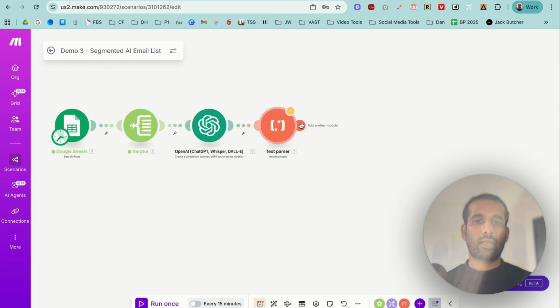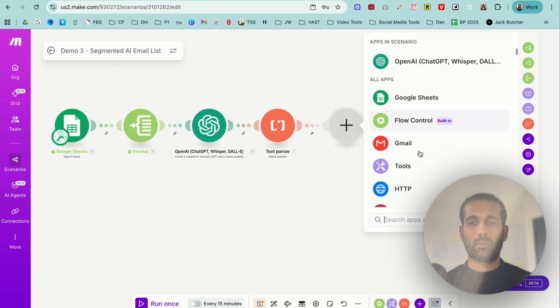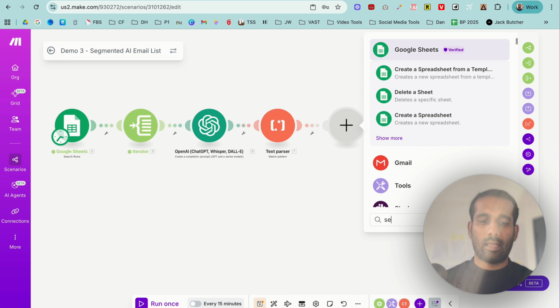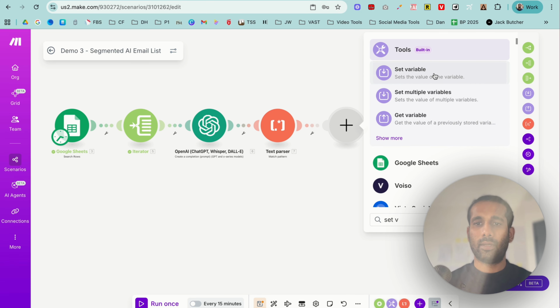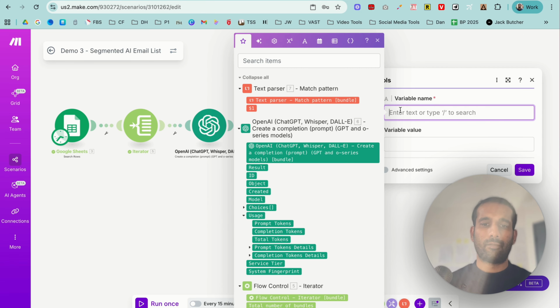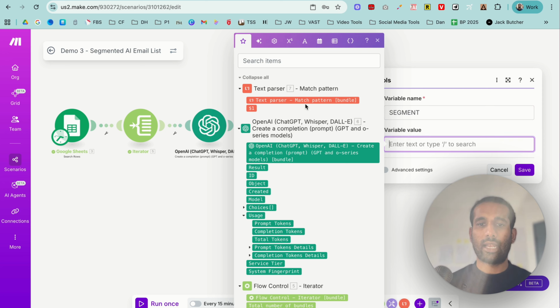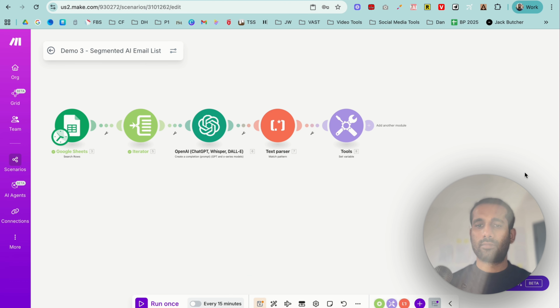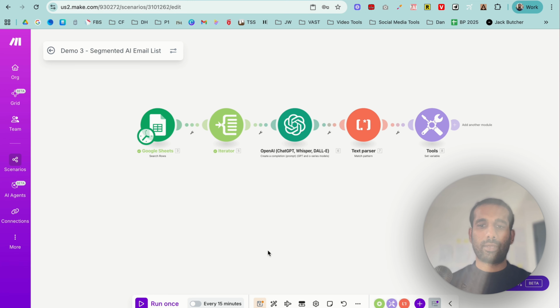So now if I come in here and I add a new module and I use the set variable, let's give it a name. So say we are using the segment, and the value of this is going to be the value that comes from our text parser. I'm just going to save this and quickly run this automation